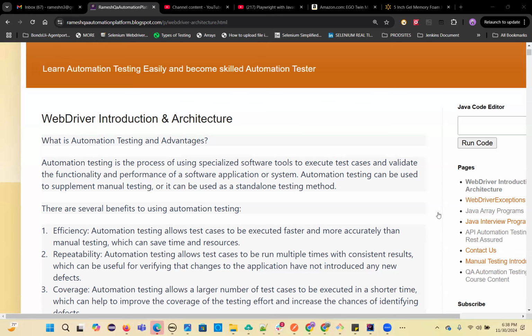Okay. So what is automation? First of all, these tools are used for automation, right? What is automation? And what are the advantages of automation? Automation basically reduces the manual effort. Otherwise, you have to do everything manually, daily or every release. All the test cases you have to execute manually. So that's a bit